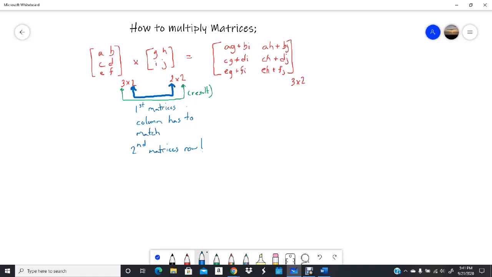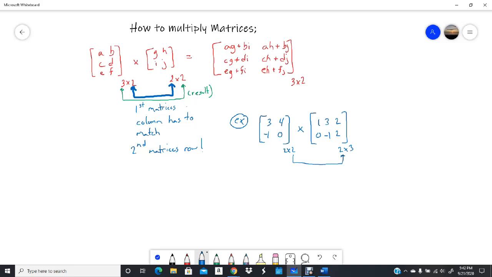So let's take a look at an example. Let's say we have 3, 4, -1, and 0. A 2 by 2. We want to see if we can multiply with a 2 by 3. Now, we first check if the first matrix's column is the same as the second matrix's